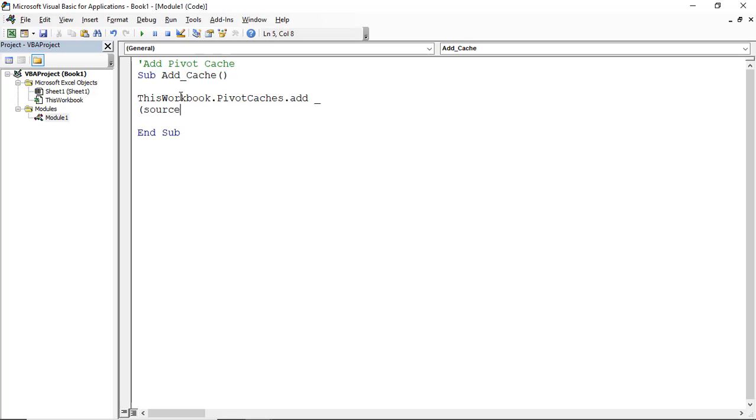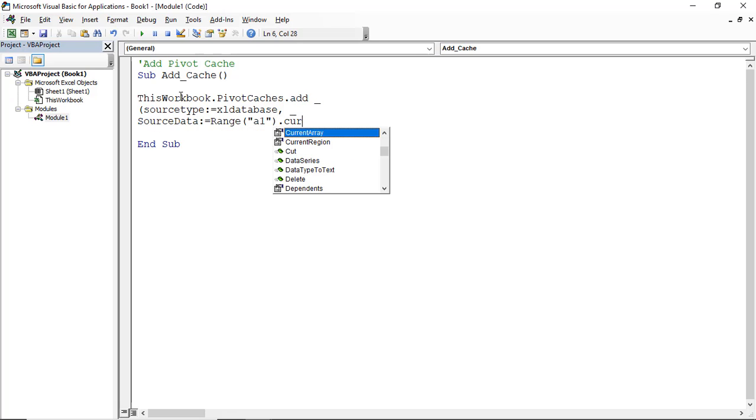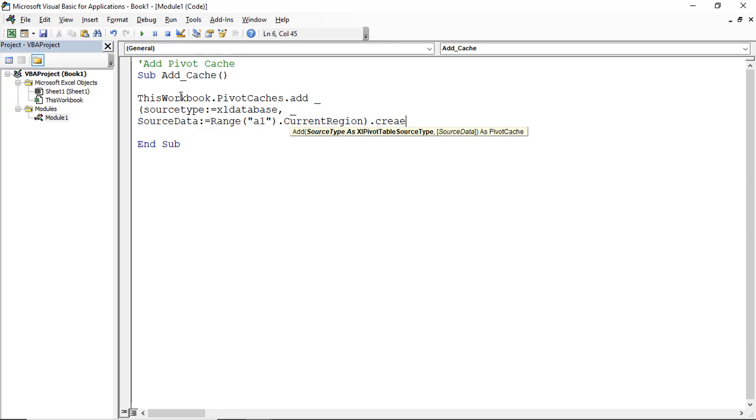Next, open bracket, SourceType colon equals xlDatabase comma, space underscore, SourceData colon equals Range("A1").CurrentRegion, bracket close, dot CreatePivotTable, space underscore,